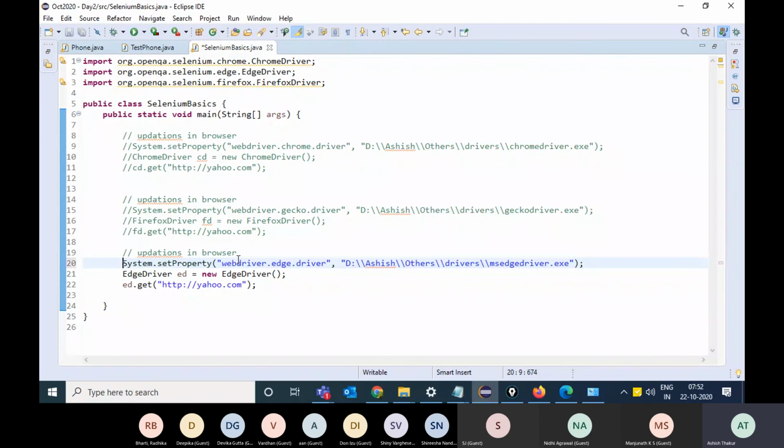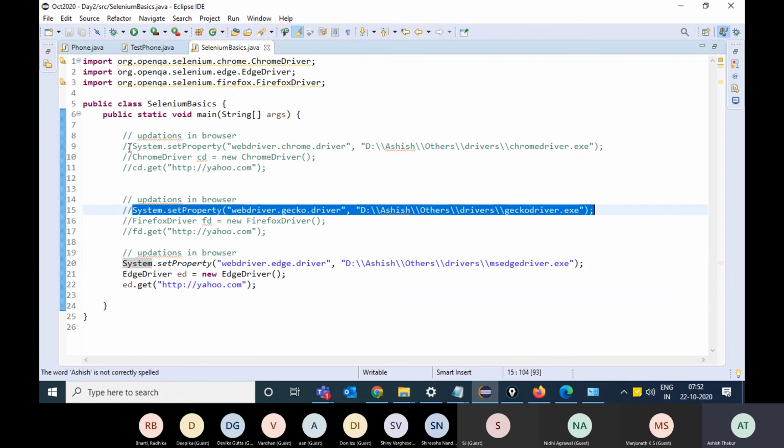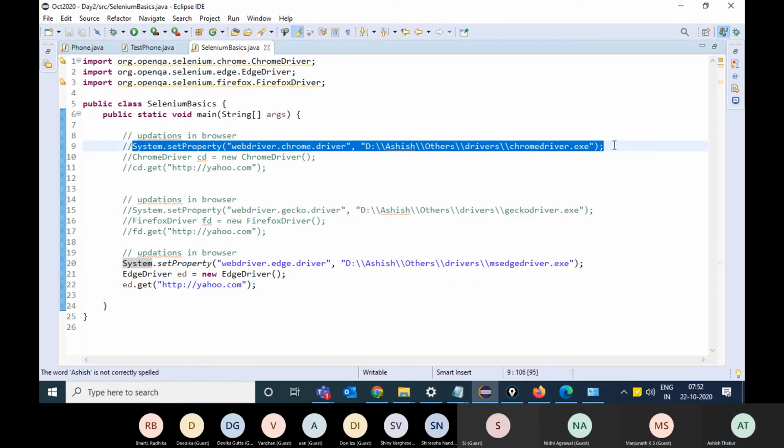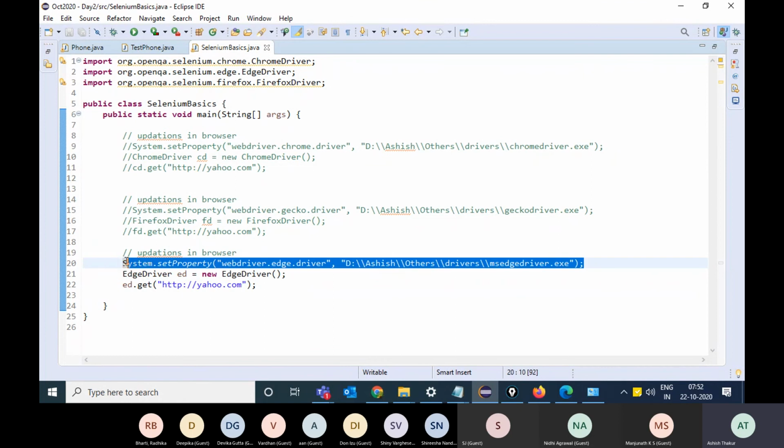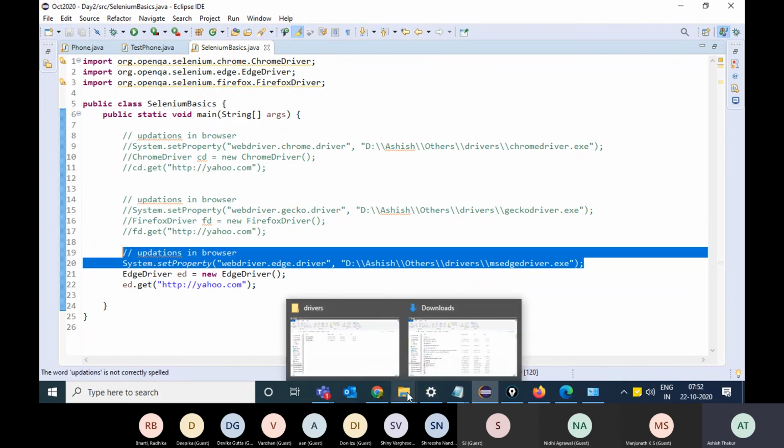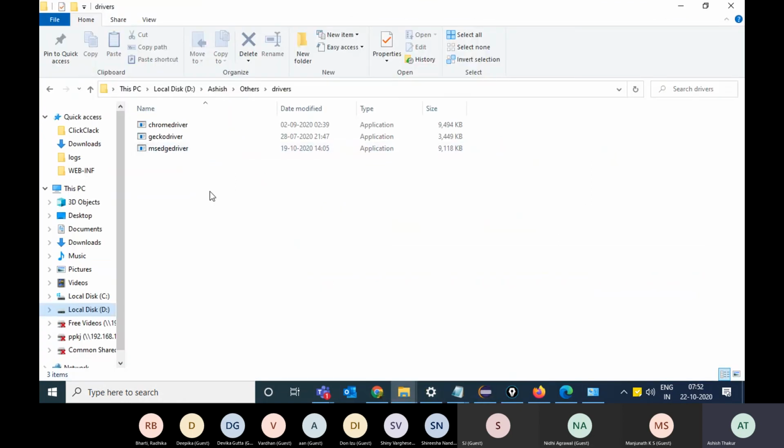Restart your PC, and after that, you will find no need to give these System.setProperty lines. You able to get my point, right? So you can set it in the system environment variables and make sure you keep all the exes at a single place.